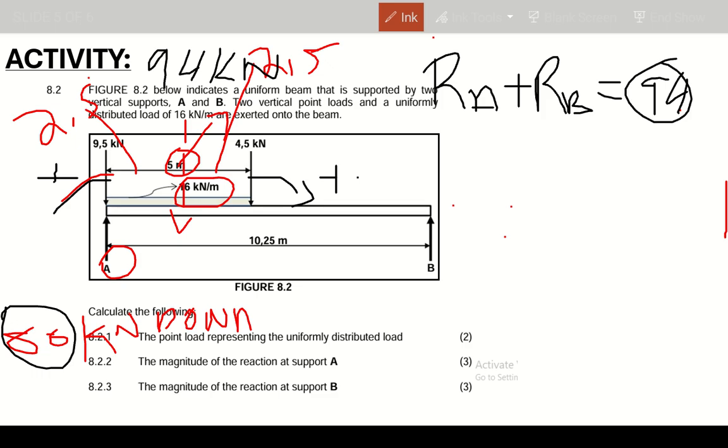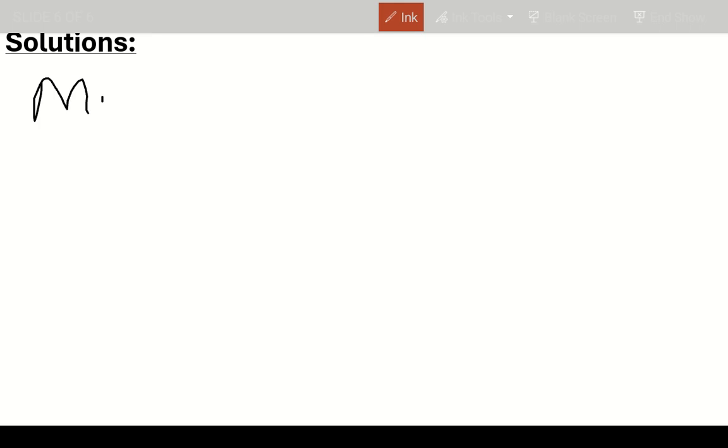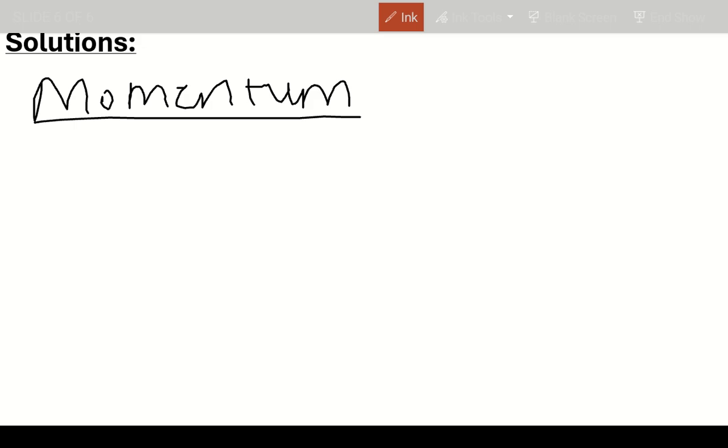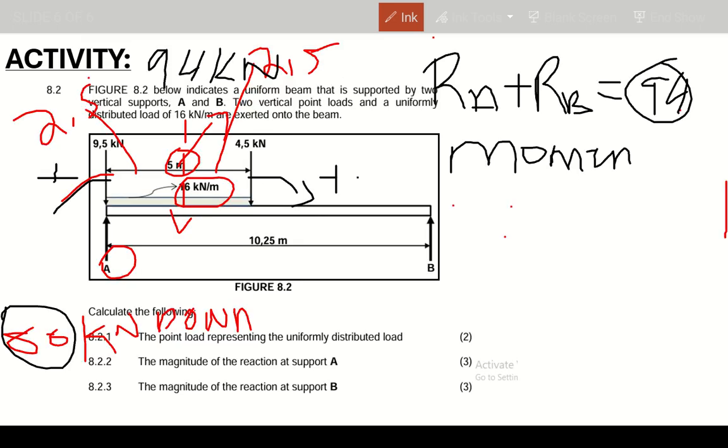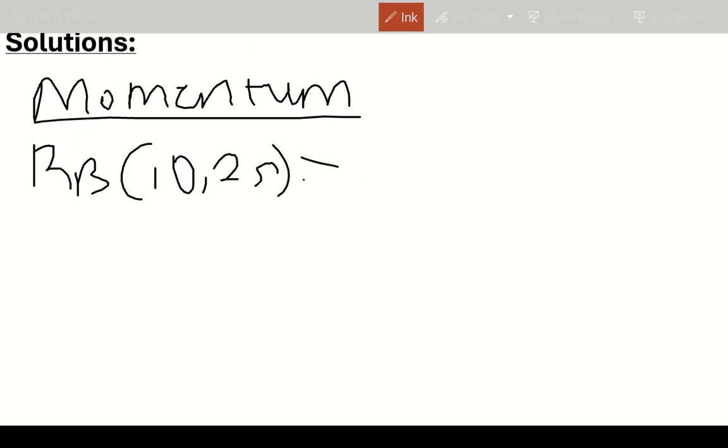So what is next now? Just calculate the moment. How to calculate the moment? Let's write here. To calculate the moment, we just say R at point B times 10.25. 10.25 is the overall distance. Here it is 10.25, all equal to brackets 80, we calculated 80 times